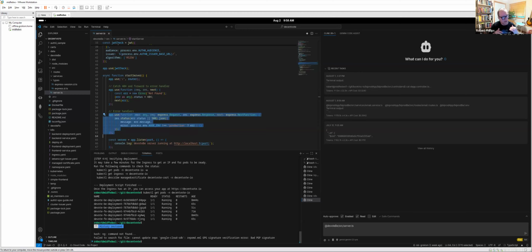It allows me as a single software engineer to do all this stuff in such a way that I can do it, right? I can be a sysadmin, or I can let Cline be a sysadmin.